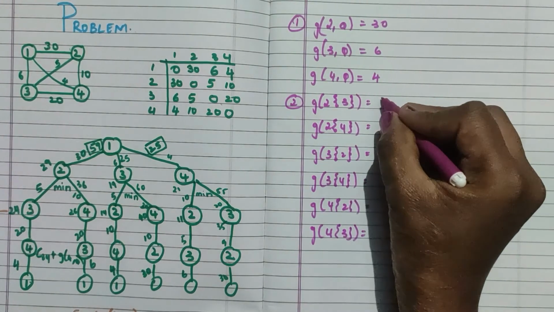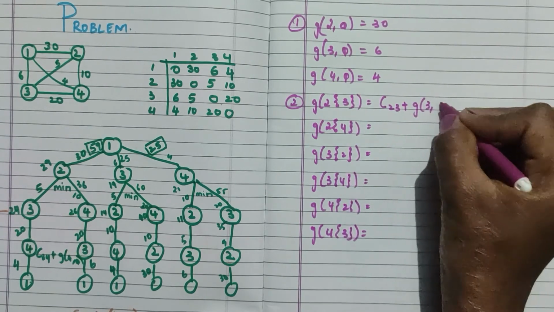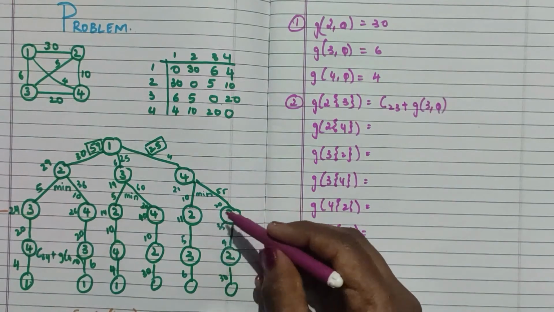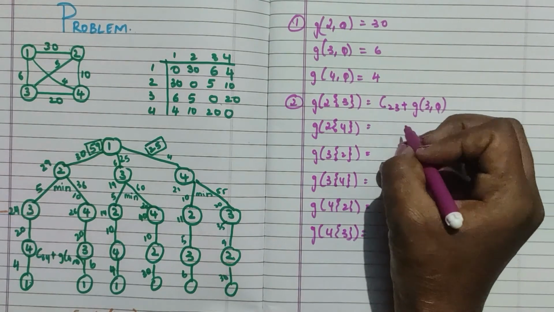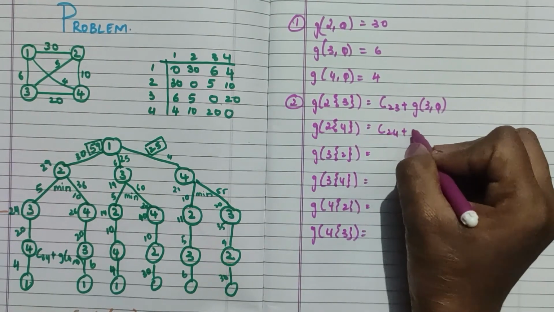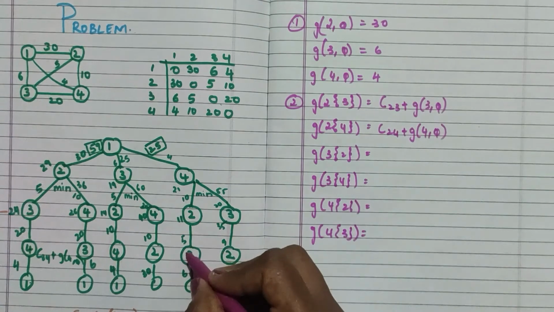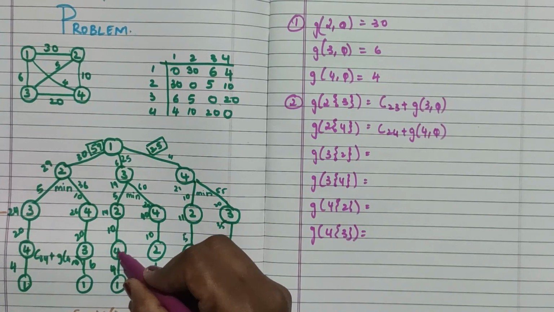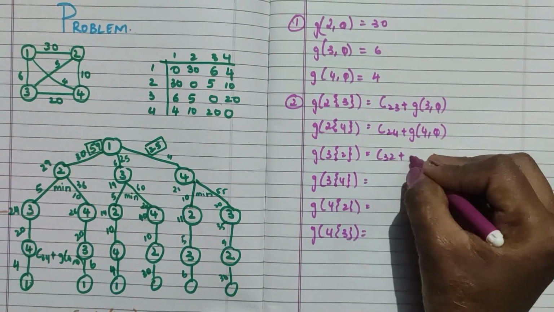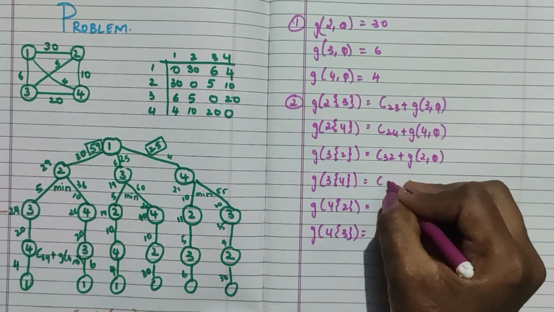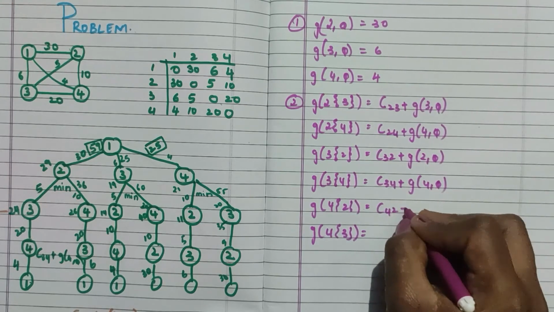Now what we have to do? We have to find out. So the cost of 2 to 3 plus the g of 3 comma null value. So that is the cost of 2 to 3 plus g of 3 null value. So now the cost of 2 to 4 plus g of 4 comma the null value, inside value you have to take. So we'll just look here also, the cost of 2 to 4, so inside the bracket 4 to the null value. So this is how you have to keep writing. 3 to 2, 2 to the null value, 3 to 4 plus g of 4 to the null value, 4 to 2 plus